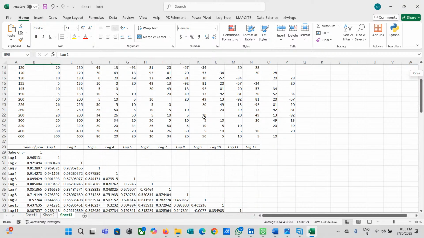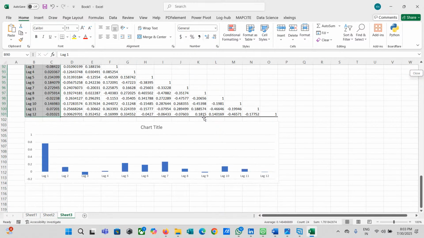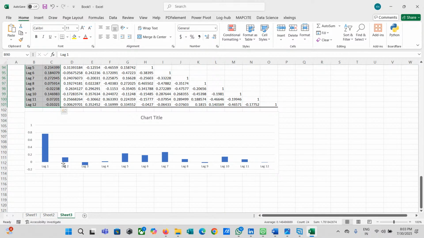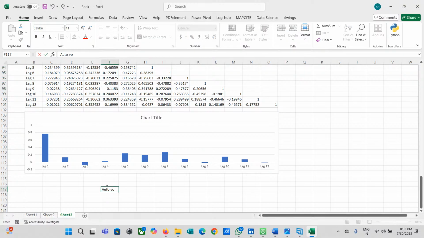So for example, I see how many lags are significant here. In the difference data, we see a significant lag of 1 or 2 lags. So this particular autocorrelation chart is used to decide the order of MA. That is, how many lags of error we should take into the model.